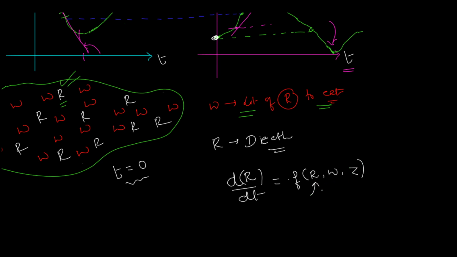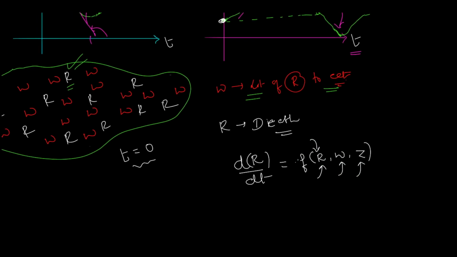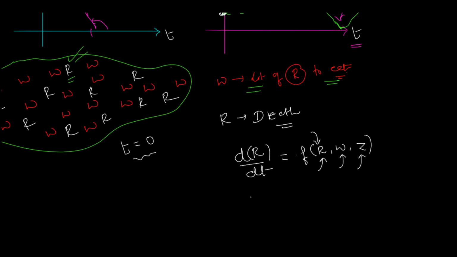So it depends on many factors. The rabbits population obviously depends on the current rabbits population, obviously depends on wolves population, depends on the external factors that may go on around in the environment. At the same time, same thing I can in fact use for wolves, the rate of change of wolves population, dw by dt, w stands for wolves, might be a function of the wolves themselves and the rabbits. And maybe wolves' requirement is not z, let's call it some p or something, some other variable that the wolves population depends on.